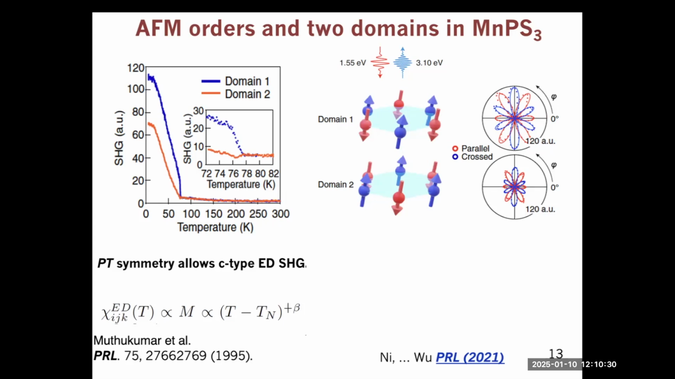I also want to explain the cross and parallel configurations, because it will be important later for the selenium compound. Parallel means that we put the polarizer